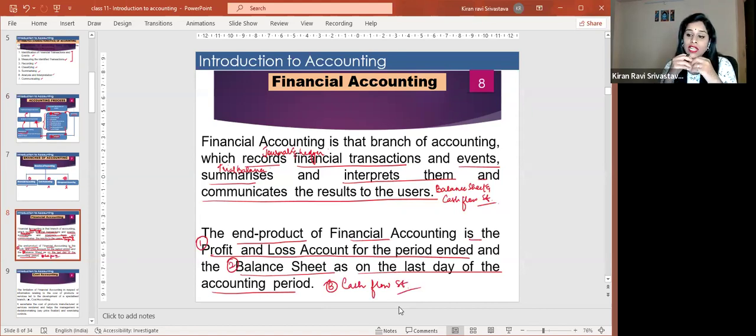Like on the very first class when I asked you all, what is accounting? You told me, ma'am, we do certain debits and credits, and the whole reason of accounting is to know the profit and loss. So when we are doing a business, our whole objective is to know whether we are going to make profit or whether we are going to make loss. Just by daily sales and purchase transactions, you can't make out which direction you are headed unless you write it somewhere and then compare it with the data.